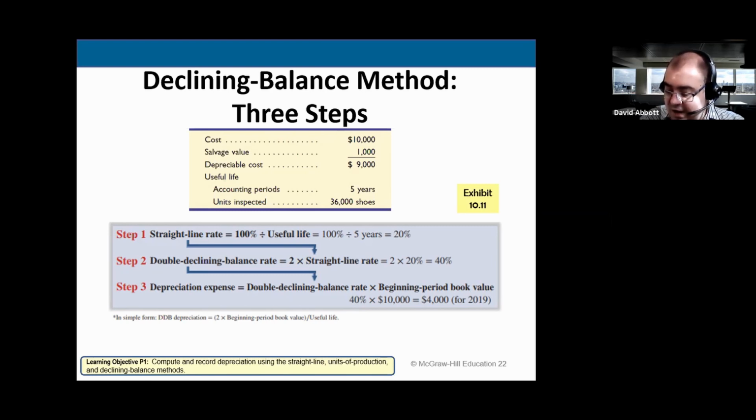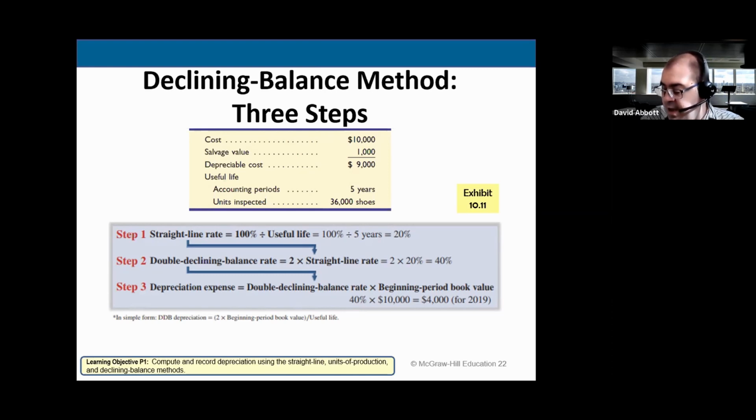So to illustrate, let's use double declining balance to compute depreciation for our $10,000 machine with a 5-year useful life. This slide shows the first year depreciation computation for the machine. The 3-step process is to divide 100% by 5 years to determine the straight line rate of 20%, or 1/5